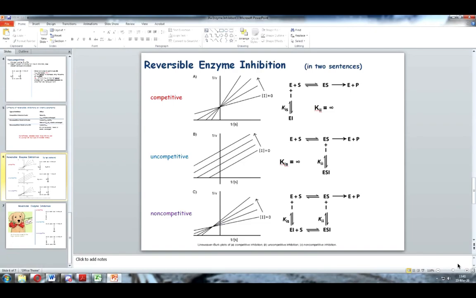And we can say those two in a corollary as well. So let me state them again. The ability to bind to free enzyme changes the slope. The ability to bind to ES changes the y-intercept. The inability, in other words, you can't bind to free enzyme, does not change the slope. That would give me a parallel line, right? And the inability to bind to ES does not change the intercept. That would give me the same intercept. Right? So those two statements and their corollary say the same. And it gives you the three